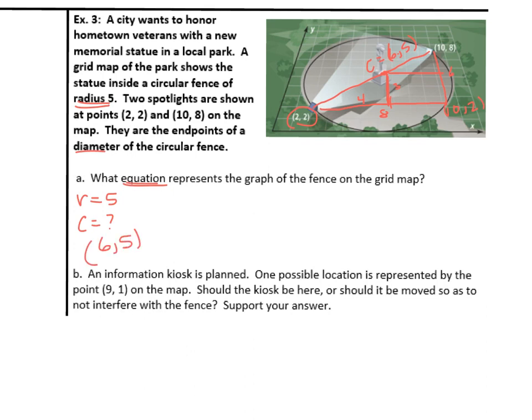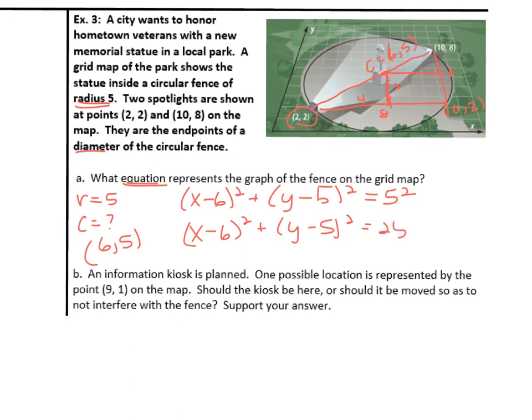So just like the examples before, let's write the equation based on our model for a translated center of a circle. (x minus h) squared would be (x minus 6) squared, plus (y minus k), which is (y minus 5). I almost wrote k, but that's all right, I didn't. And then on the right, we take the length of the radius and square it. Let's just simplify the 5 squared: (x minus 6) squared plus (y minus 5) squared equals 25. That is the equation that represents the boundary of the fence